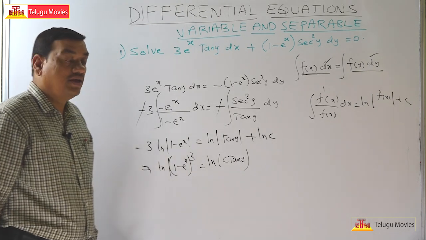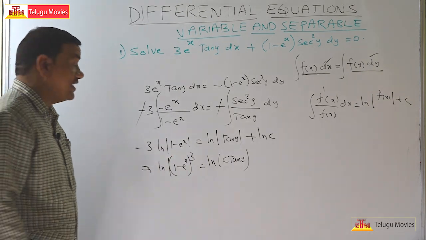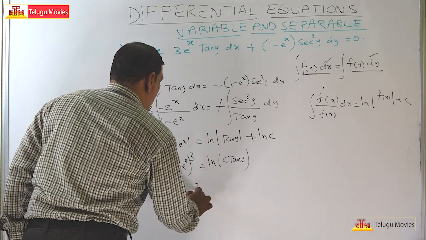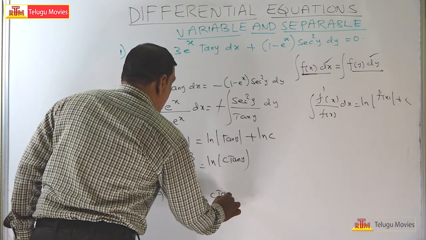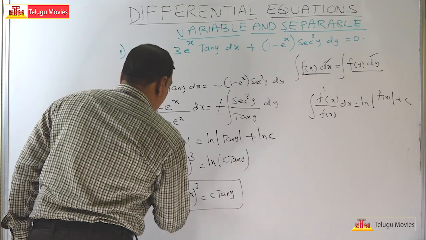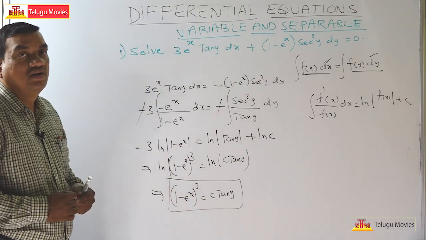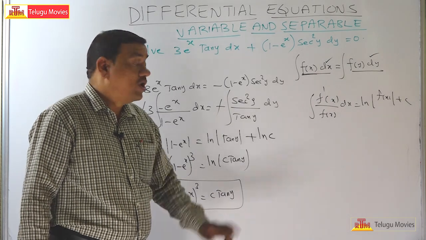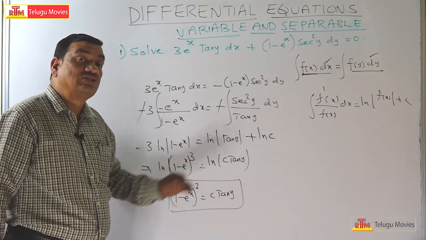Okay, c tan y. So we can remove ln on both sides. So this is equal to (1 minus e^x) whole cube is equal to c tan y. So this is your final answer. Understand this? So from this problem what you have to understand is, whenever you get the functions in ln forms,